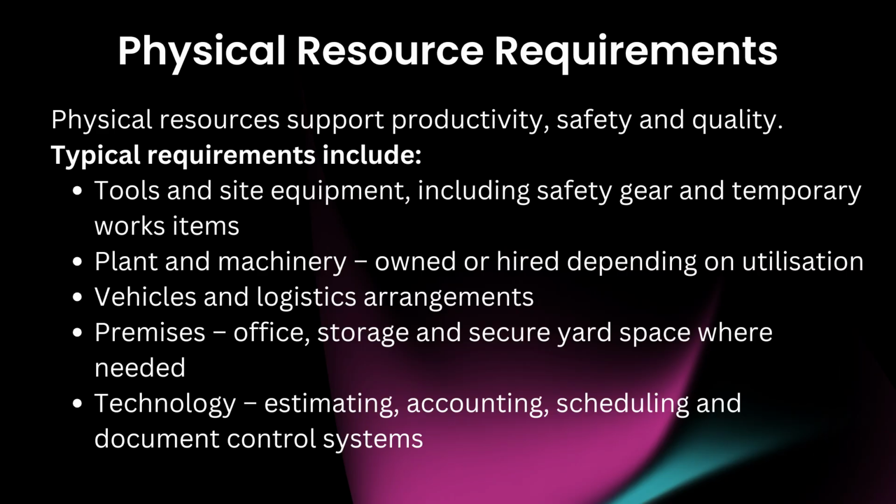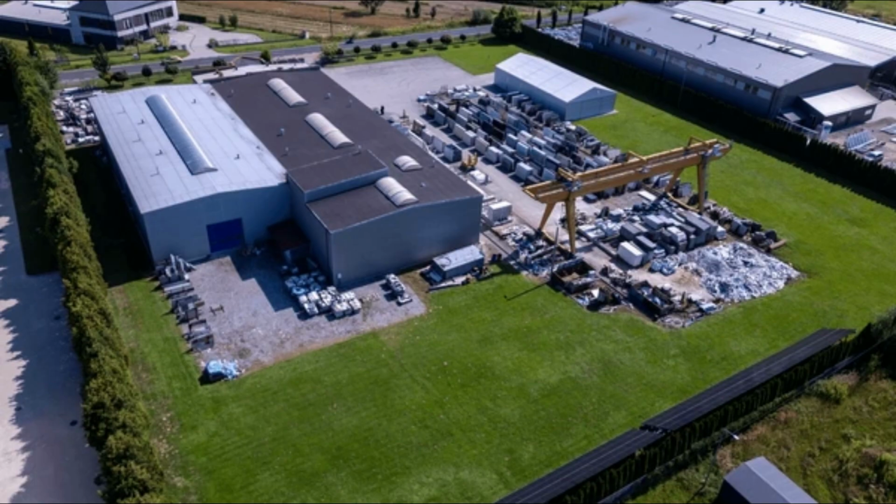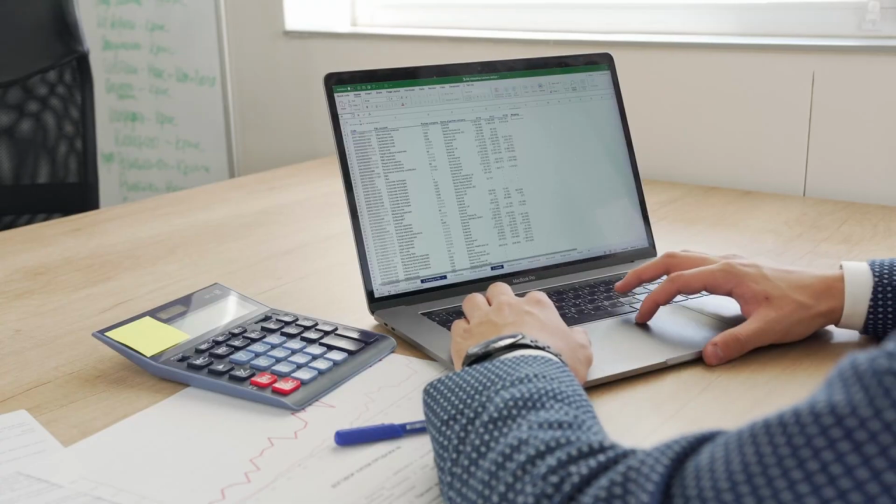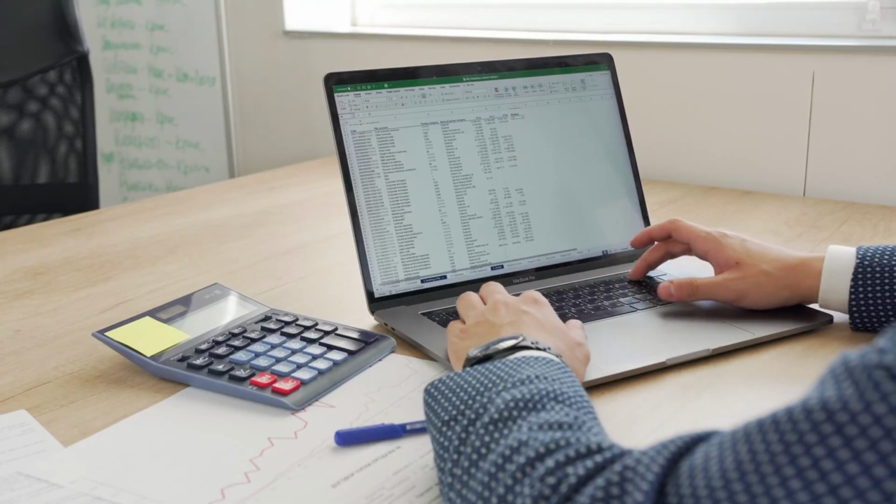Physical resource requirements. Physical resources support productivity, safety and quality. Typical requirements include tools and site equipment, including safety gear and temporary works items, plant and machinery, owned or hired, depending on utilisation, vehicles and logistics arrangements, premises, office, storage, and secure yard space where needed, technology, estimating, accounting, scheduling,